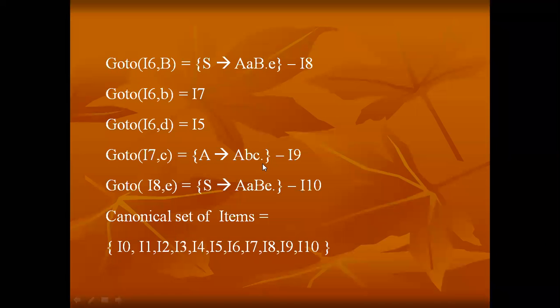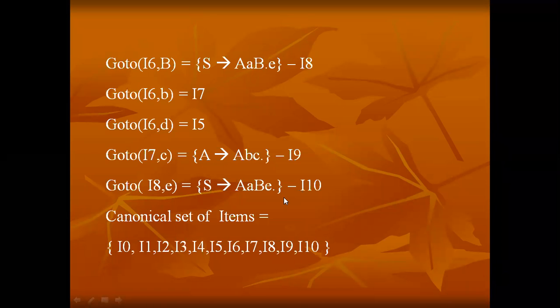Initially it is at the starting of the right hand side of the production rule, and after performing the go to function, it is at the end of the production rule, right? This is the indication that we completed all the items and there is nothing more to process. Just by checking like this, we can understand every rule was processed, and in every rule the dot was placed at the end of the right hand side. So no more rules are there to be processed.